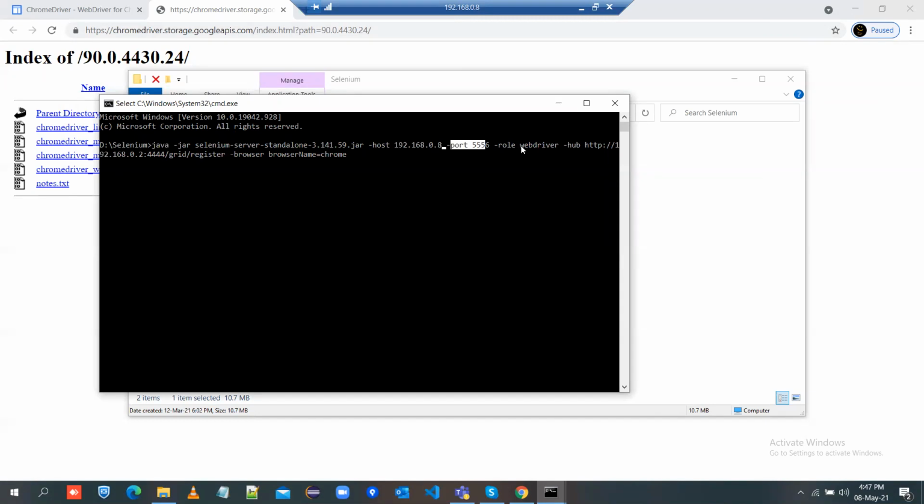Then role WebDriver, hub URL. This is also important, where we give the hub URL details. You can see its IP address is 192.168. This is the hub URL, so this node will register on this particular URL. Then I am passing the browser, and the browser name is Chrome.